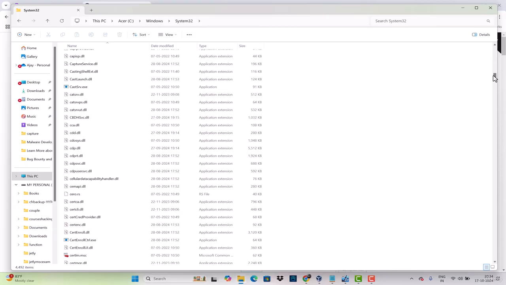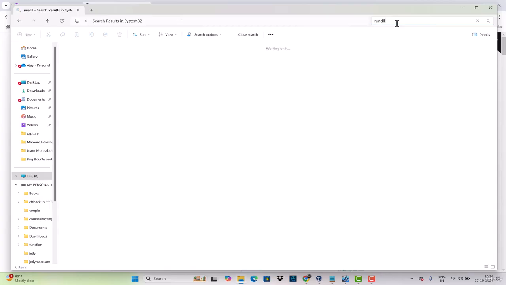There are a lot of things on the machine. If we search Rundll32.exe, you can find it. This was not pulled by any third-party application. I didn't download this Rundll32.exe and put it in System32. When you install the operating system, it gets installed automatically. It comes with your Windows operating system.